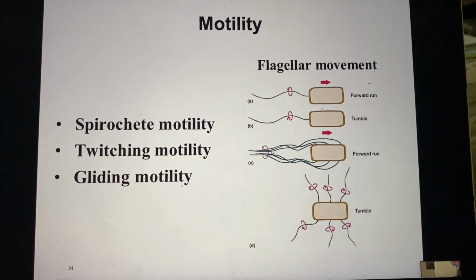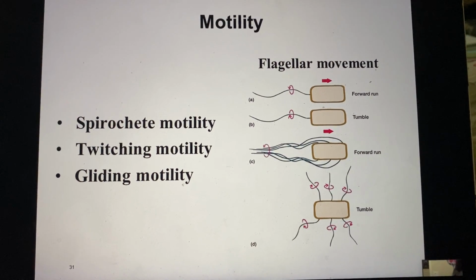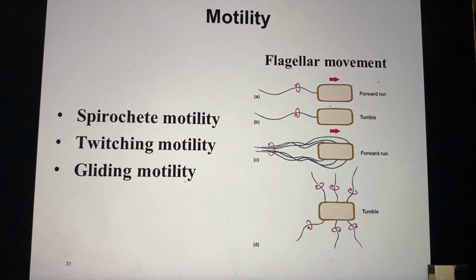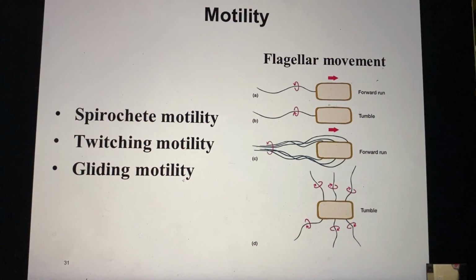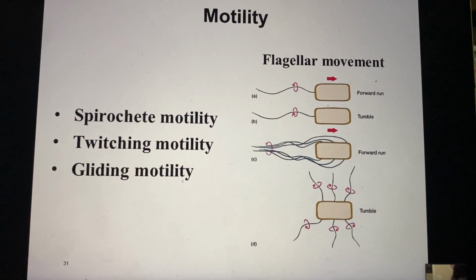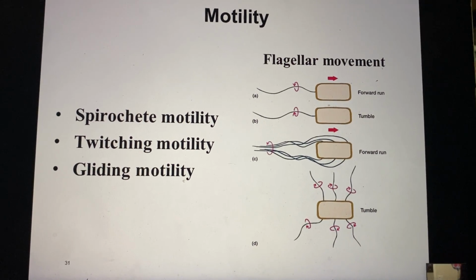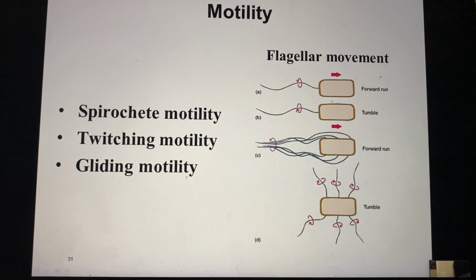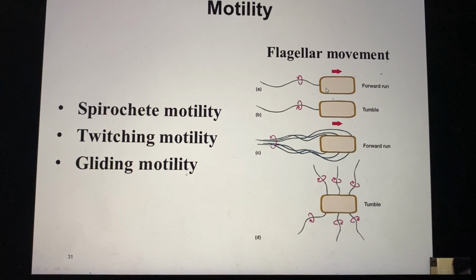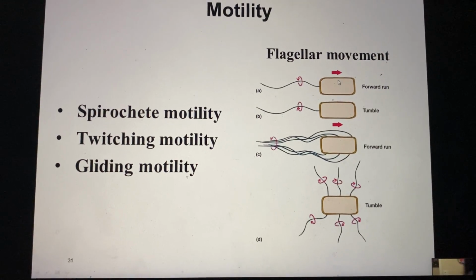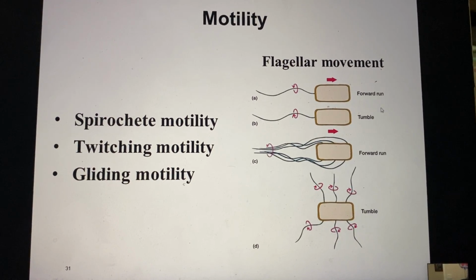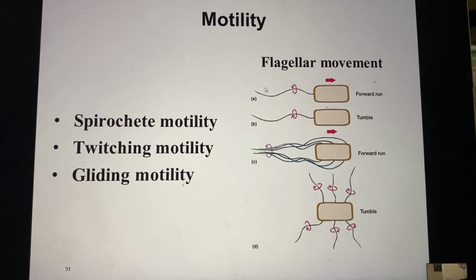When we talk about motility a little bit, I'm sure that when we read those 2 papers that will be assigned for your first reading, you will get more information on this. I'm just going to refer to some types of motilities, but I'll let the students in their presentation give you more information on these different motilities. The flagellar movement, which we know is due to the presence of flagella, is usually described as a forward run and a tumble. Those are the 2 types of movement that we have seen when bacteria have flagella.